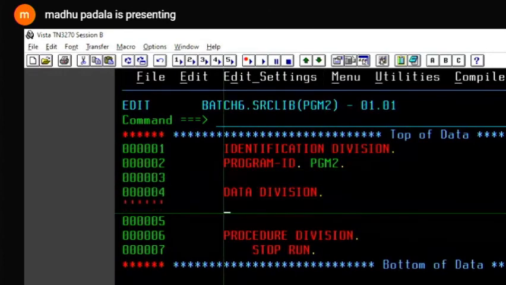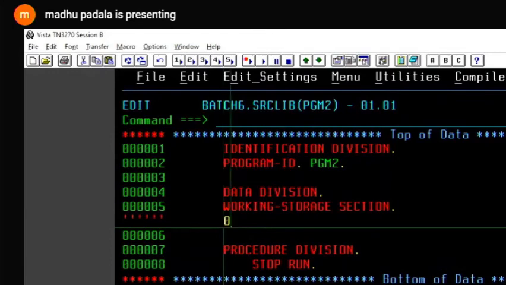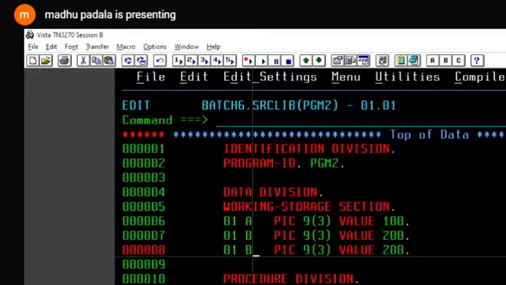In the working-storage section, 01 A PIC 9(3) VALUE 100, 01 B PIC 9(3) VALUE 200, 01 C PIC 9(4) VALUE 0.